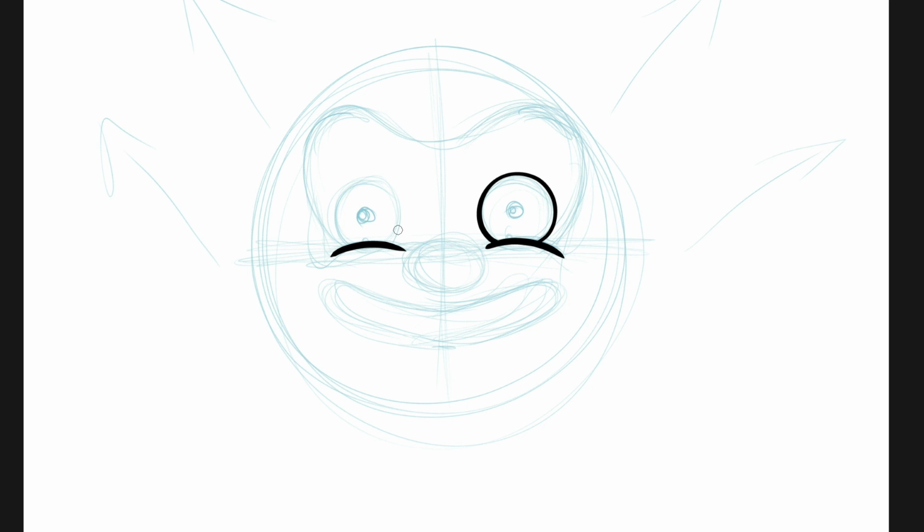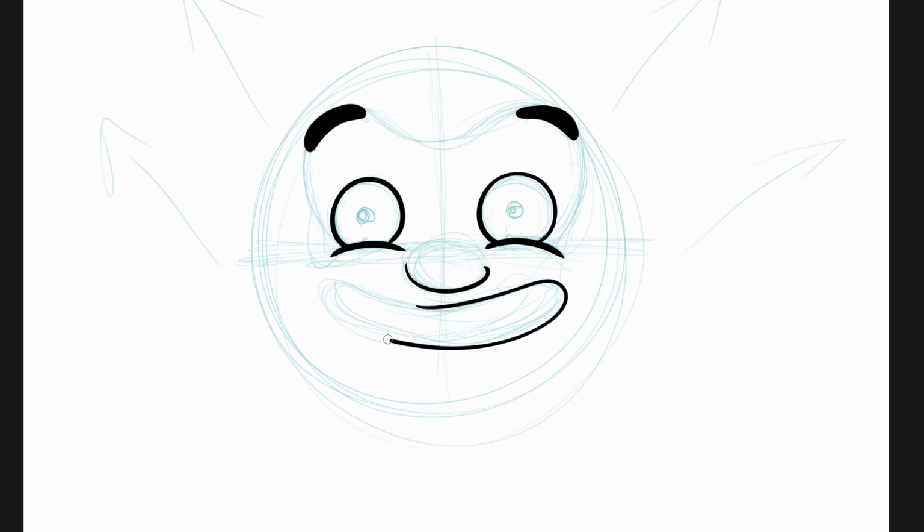Again, try to get these lines in one fluid movement. Even the eyebrows become a shape. Let's do a little line for the nose for now. And I'm going to make the pupils,